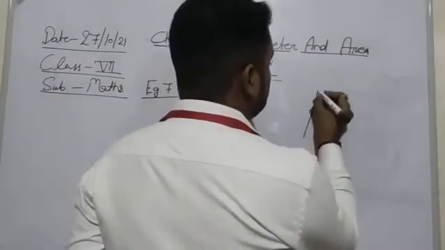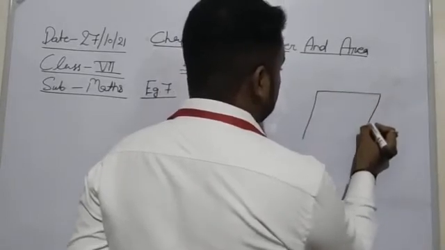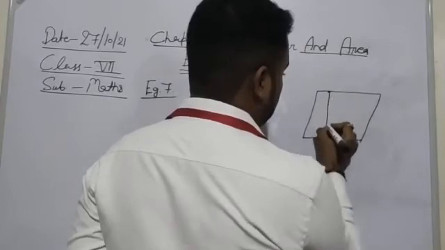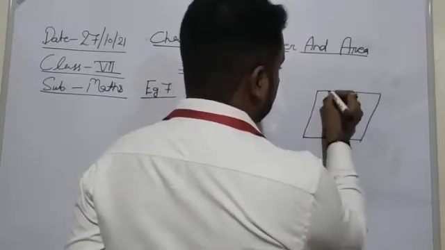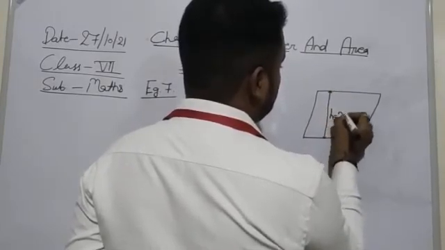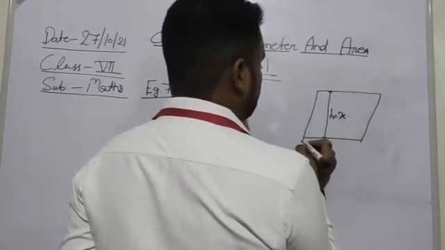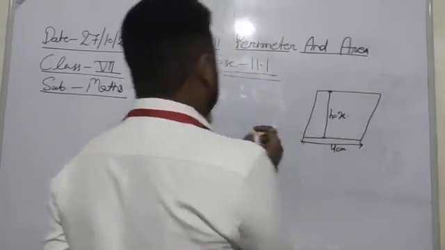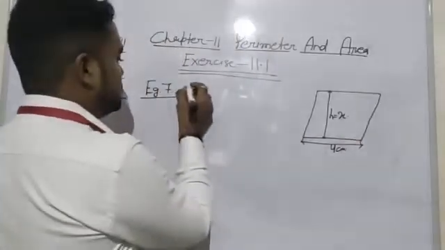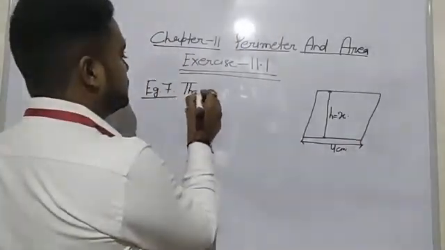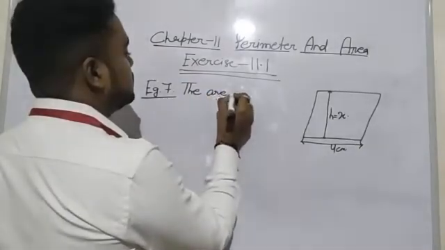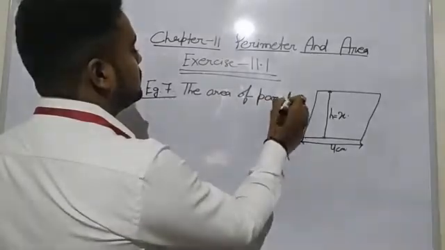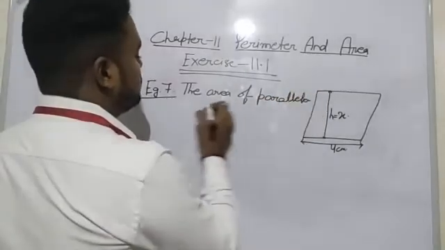Here in this type of parallelogram, we have to find the height, that is x, given, and the base is of 4 centimeter, and the area of the parallelogram